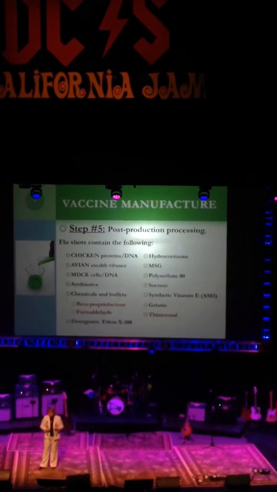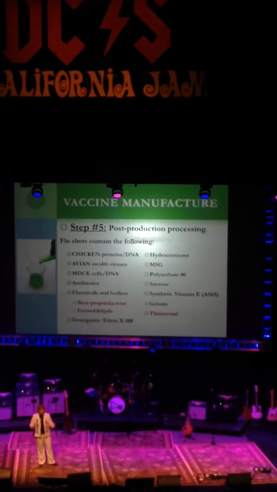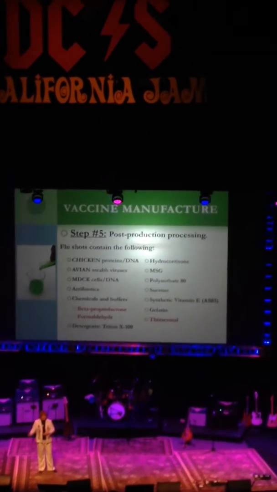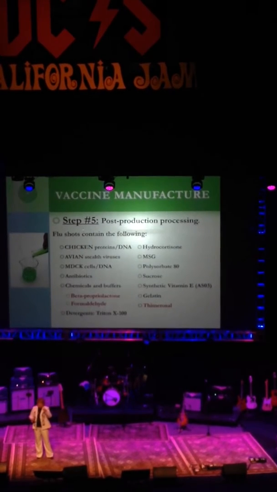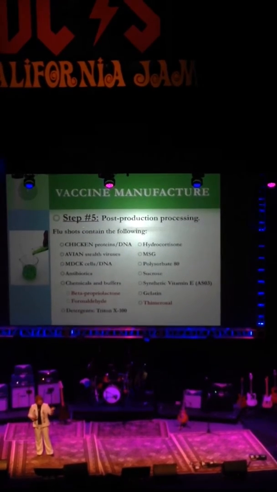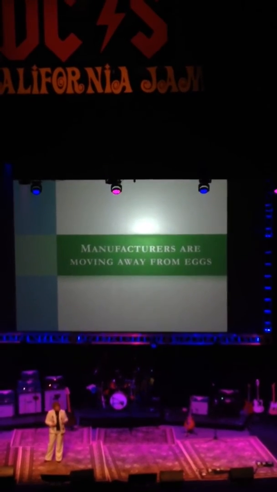And yes, there's still mercury in the flu shots. The multi-dose flu shots, people that may get at work, like at a hospital, or that they probably give you at Walgreens or CVS or places like that, the multi-dose vials that you can get 10 shots out of one vial, you have to shake it up because there's mercury as a preservative still in those shots. So manufacturers are kind of moving away